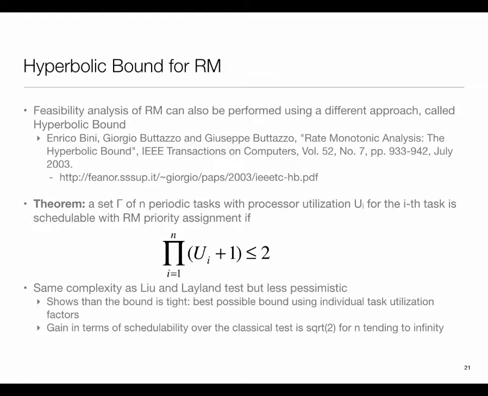If it is not, then you go back to the critical instant analysis. So in the worst case, you cannot escape critical instant analysis, but since that's a much costlier test, you first try to apply the formula. So same complexity, in the sense the formula is a straightforward formula, but a significant gain over the classical test out there.